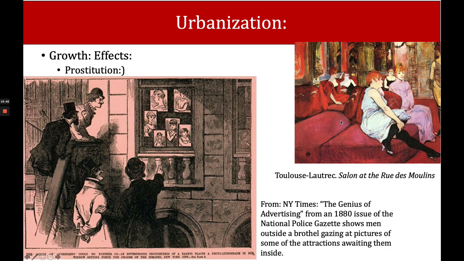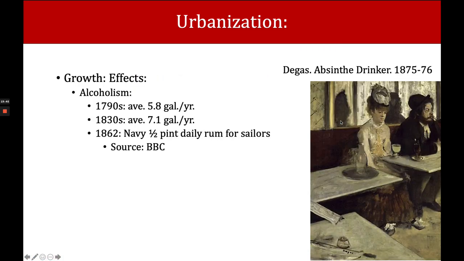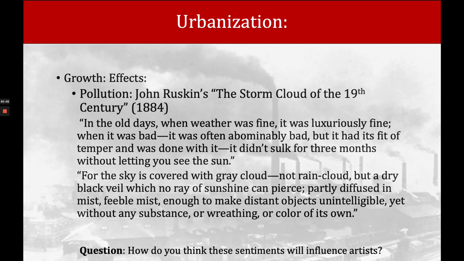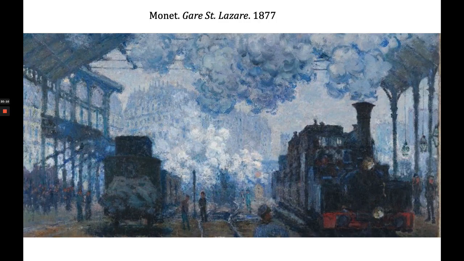But what we see here is the modern world is very different, right? There are some very positive elements that are changing, but also some of this inherent ugliness. And so modern artists are tasked with this duality. How do you represent this tremendous hope and change, and also some of the problems that experiences such as prostitution or alcoholism or child labor or pollution bring? We've taken a look at some of these major issues.